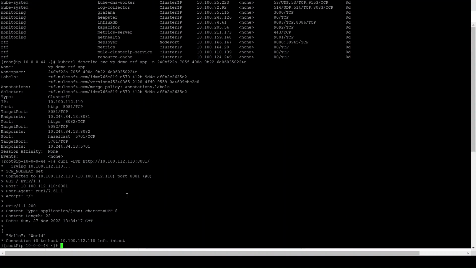But we have seen in the DNS video, right, that it doesn't work with the domain. So let's try that out. Now I'm still inside the node, and let me try with the domain name. So we have seen in the DNS video how the domain name is created, right? So the format is the app name, which is vp-demo-rtf-app, then the namespace. So let me copy the namespace, dot svc dot cluster dot local. All right, and then the port number 8081,